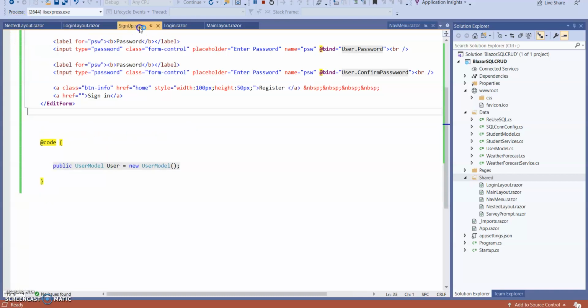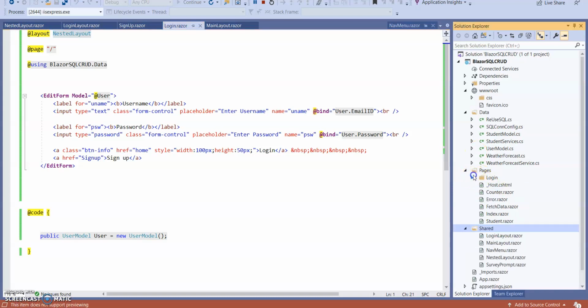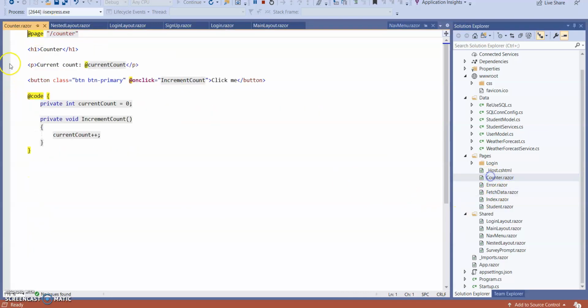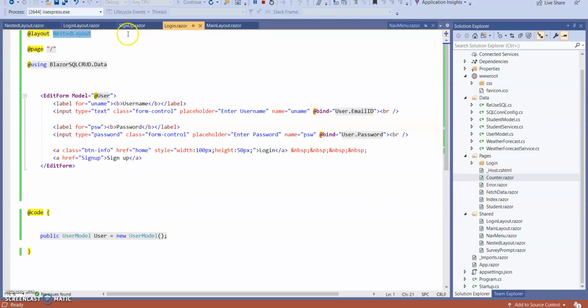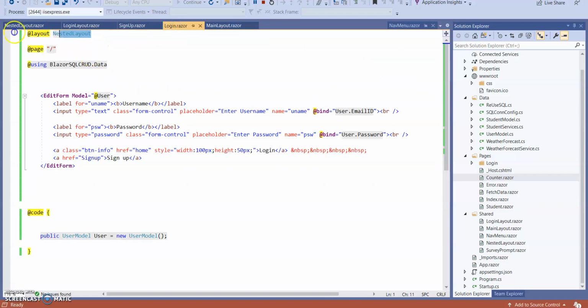So our sign up razor and login razor are very lightweight. But you can mark here that in case of these particular pages, we are not declaring any kind of layout, but in case of sign up razor and login razor, we are declaring the layout.